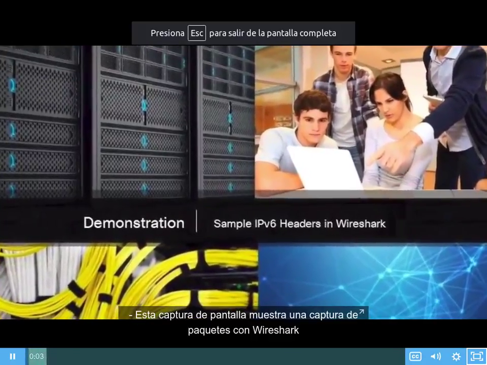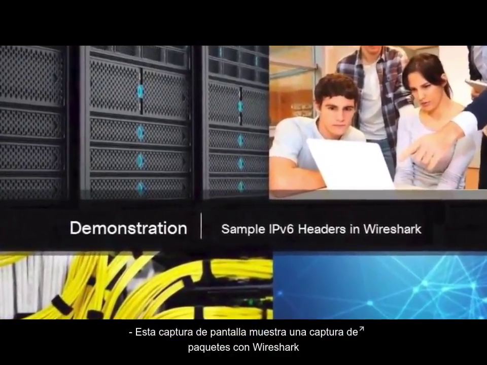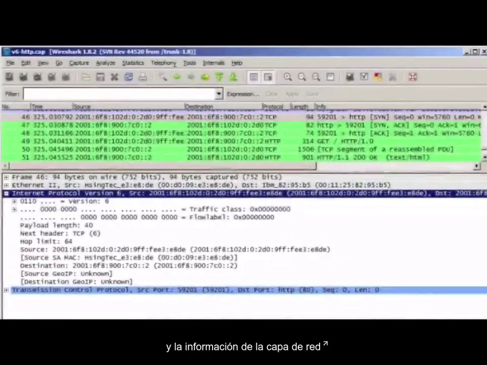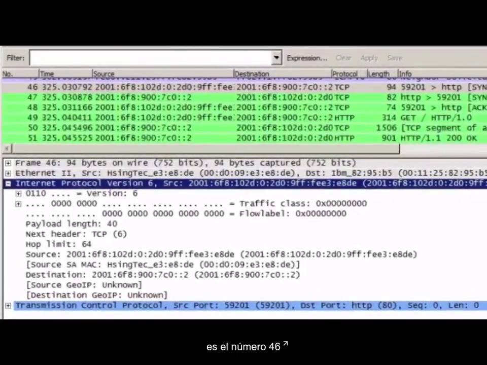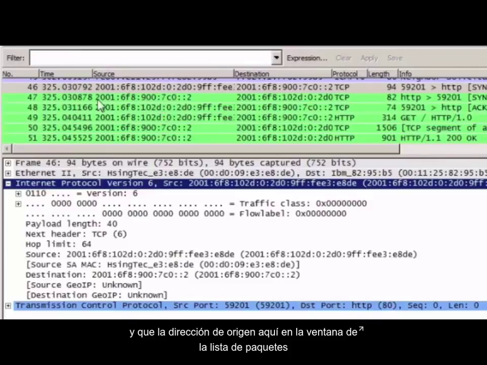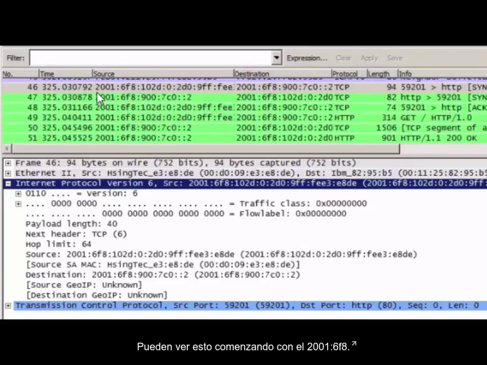This screenshot shows a packet capture using Wireshark and the network layer information from an IPv6 conversation. Let's take a look at it. In this screenshot, we can see that the highlighted packet is packet number 46, and that the source address up here in the packet list window shows that it is a global unicast IPv6 address. You can see this starting with the